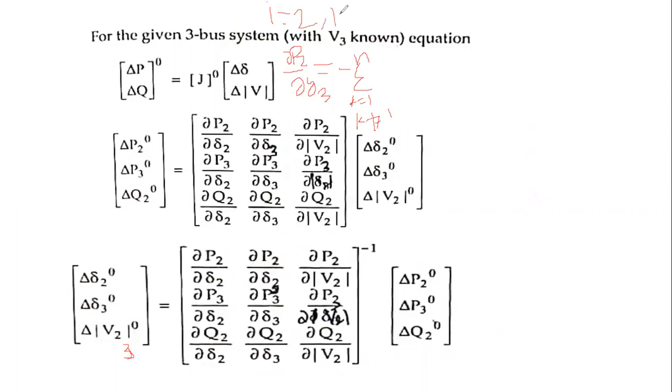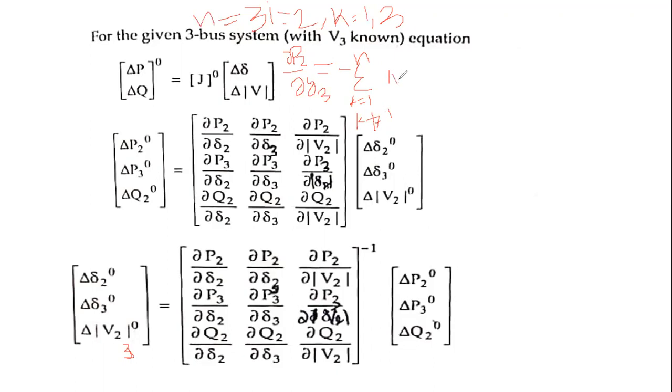and then K is equal to 1 to n. N means the 3. First of all, we are taking K is equal to 1. After that, we are taking K is equal to 3. Okay, therefore, N is equal to 3 bus system. Okay, N equal to 3, I equal to 2, K equal to 1, 3.